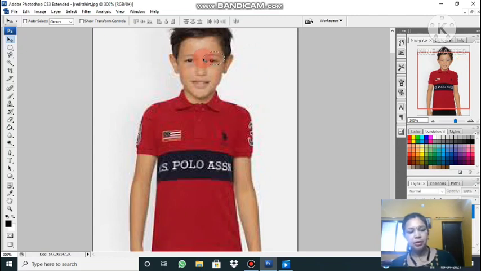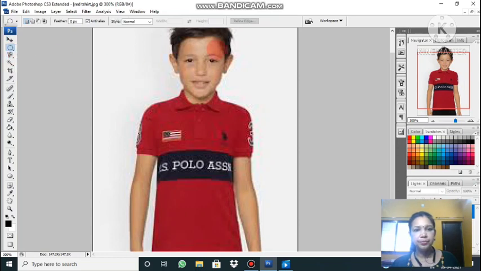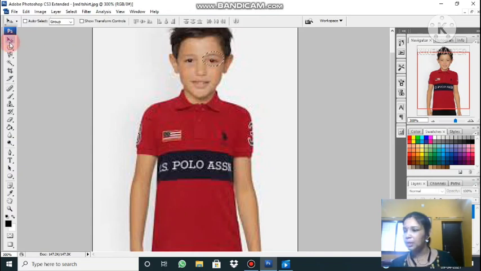Again, let me do it. Elliptical Marquee tool. Select that part. Okay, now choose the Move tool. Then press the Alt key on the keyboard and click on the selection.